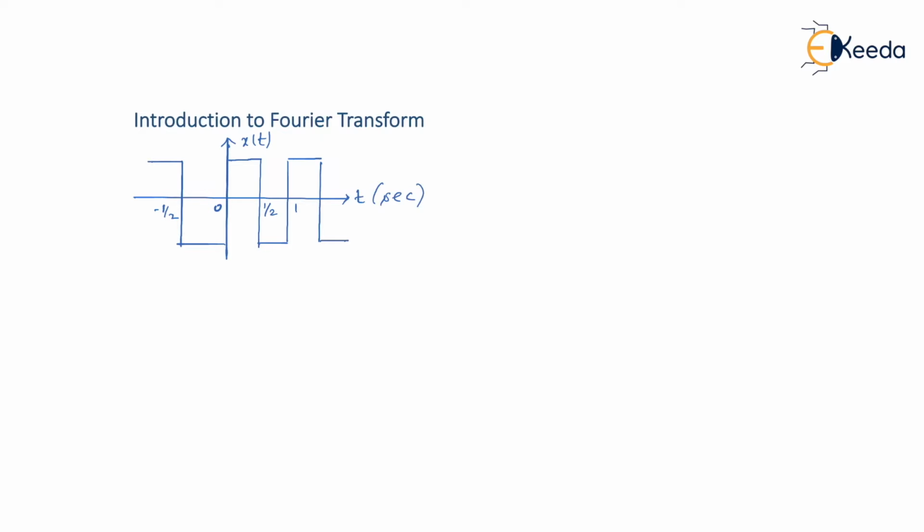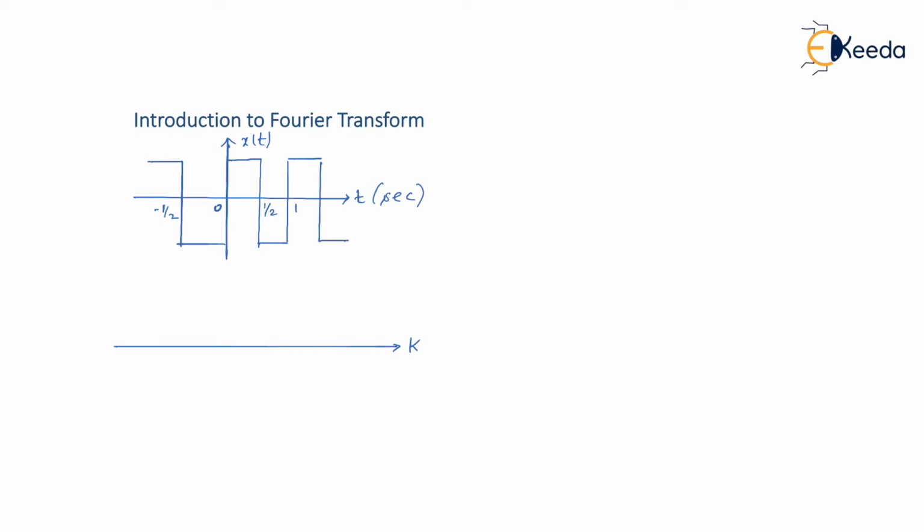So assume that we have this type of square wave which is periodic in nature, and we know that when we talk about periodic signals and do their frequency analysis, we go for Fourier series, and that's what we kept learning in the last few video lectures. Am I right? We were learning Fourier series. So for this, we have Fourier series. Preferably we go for complex exponential Fourier series, because a graphical representation of it is quite easier as compared to other Fourier series types.